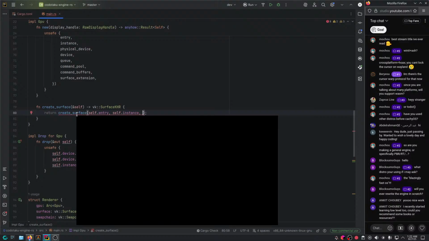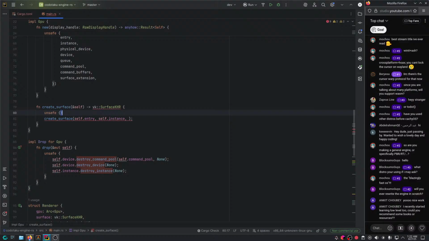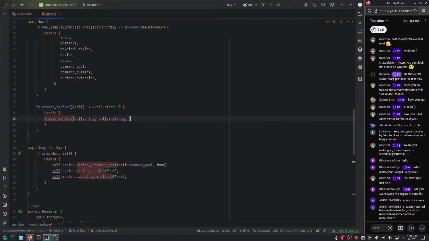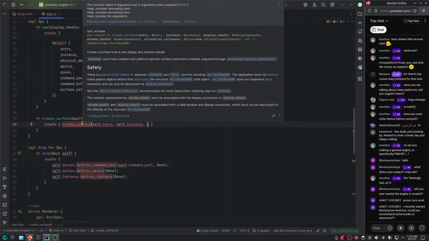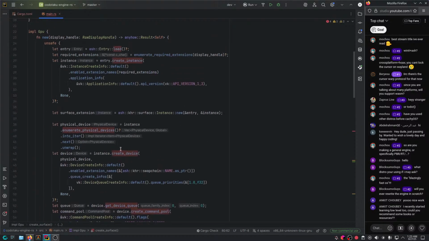Tell me. Oh, we don't need return here either. And this should be wrapped in an unsafe block. Pretty much, and yeah. So it takes 5 parameters, okay. So entry, instance, and display handle. So here, display handle, huh?